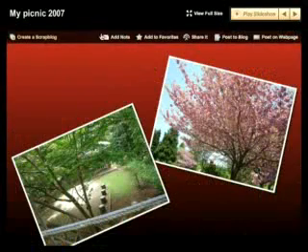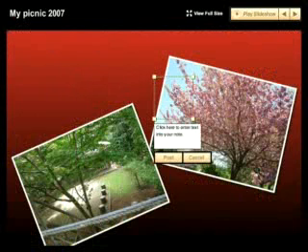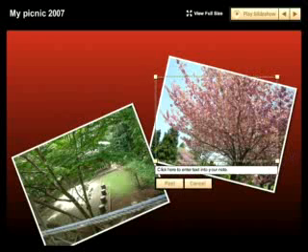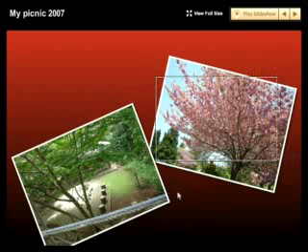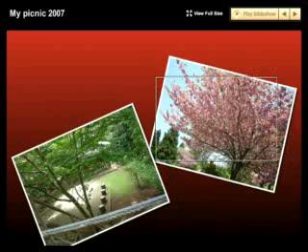There are some other features, so if you like the look of someone's scraplog, you can click on create a scraplog and go and make your own from the scraplog builder. You can also add notes if they've been activated, and this allows you to select a part of the scene and then add a little note to it. Now whenever someone rolls over that, your little note is going to pop up. So here's an example. When I roll over the rectangle, here you go, the little pop-up appears